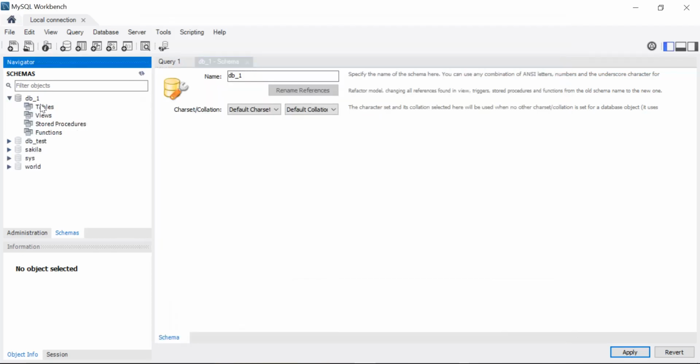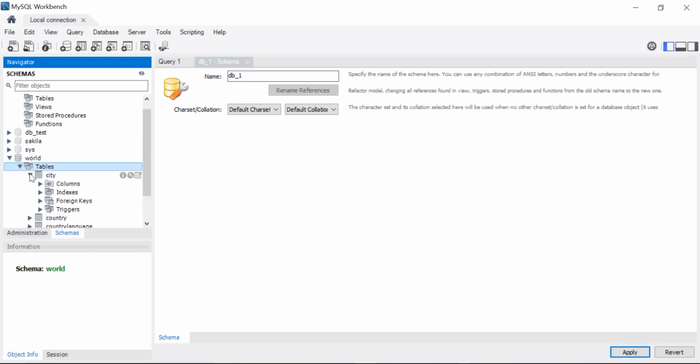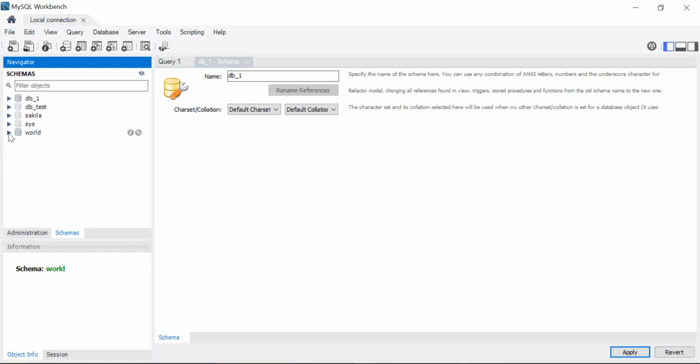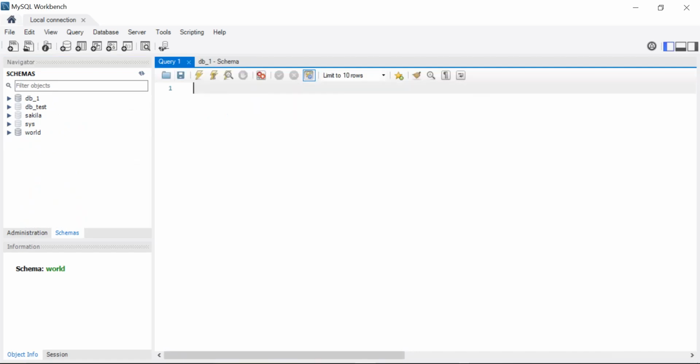To see the tables, we have tables, views, stored procedures, and functions. The same thing for the provided databases, so we have the world, we have tables. In each table we have the columns, the indexes, foreign keys, and the triggers. So we are going to create a new database from scratch with tables and columns. Okay, so come back into query, and